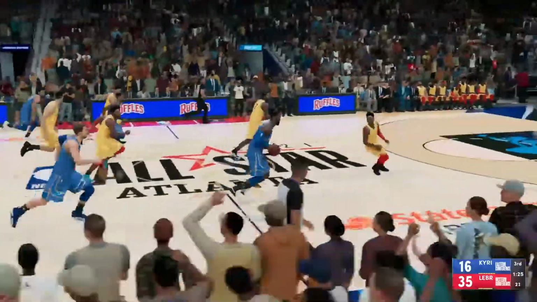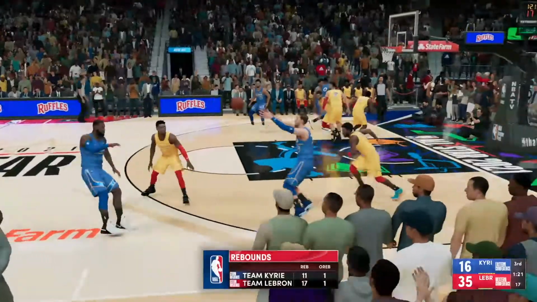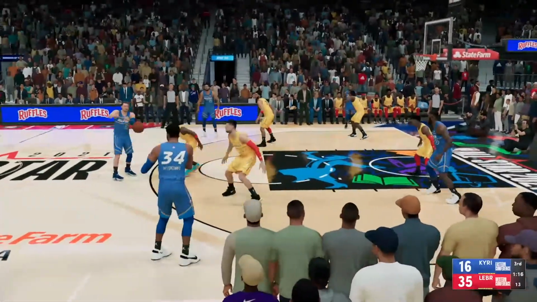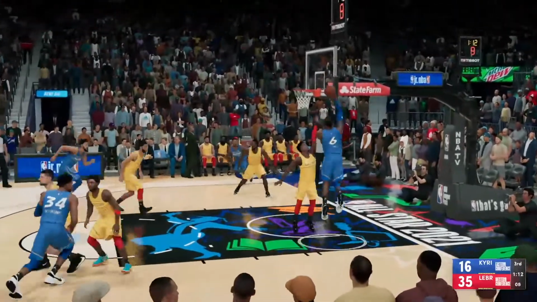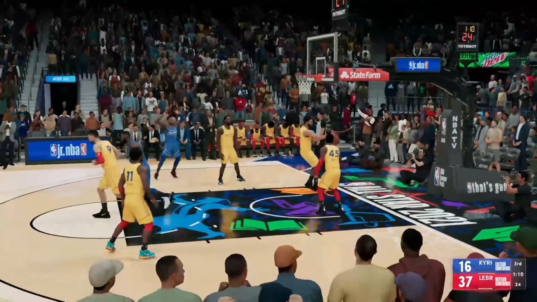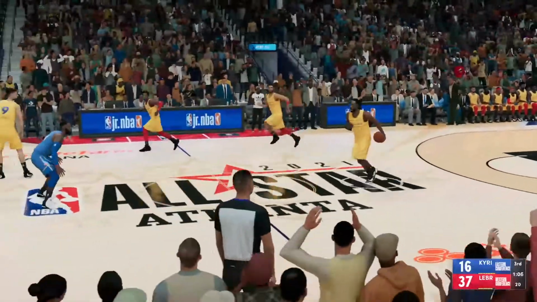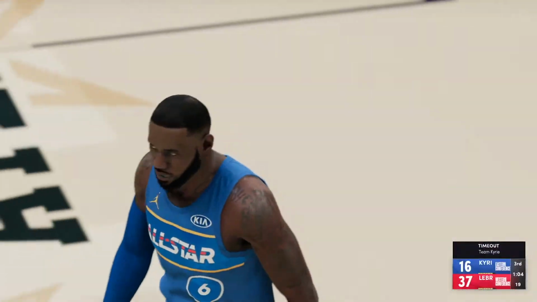And the rejection by Giannis. It's a +5 advantage for them in rebounding after that one. Doncic kicks to Giannis. Here's James. Again, the West All-Stars. Hard to imagine them losing this game if they can keep shooting like that. Not many empty trips for this group. It seems everything's falling for them this half.